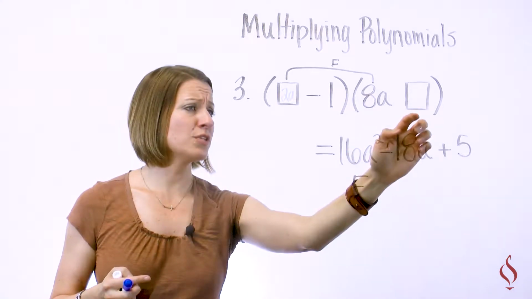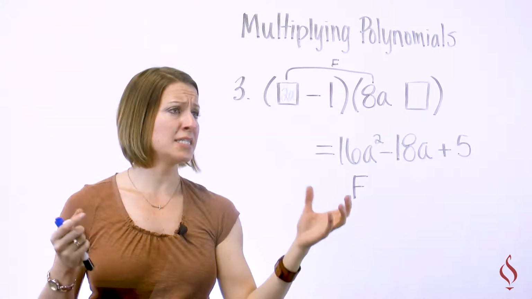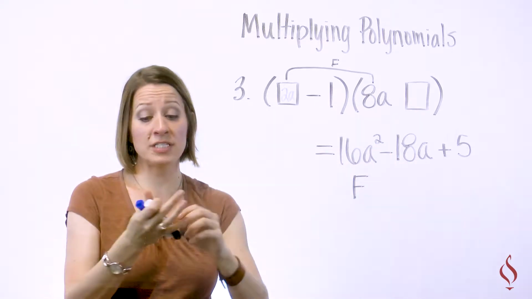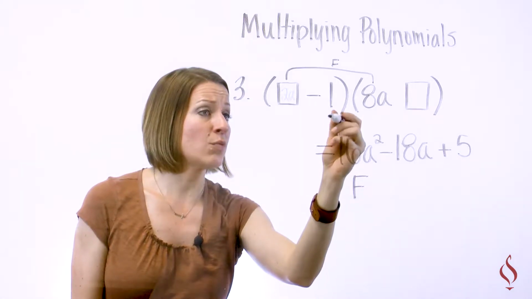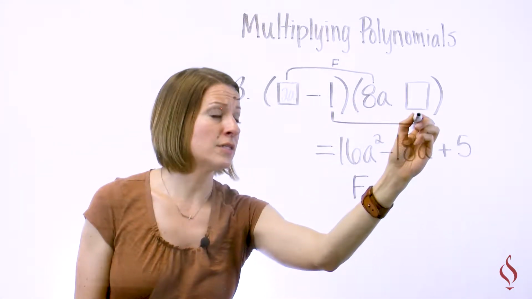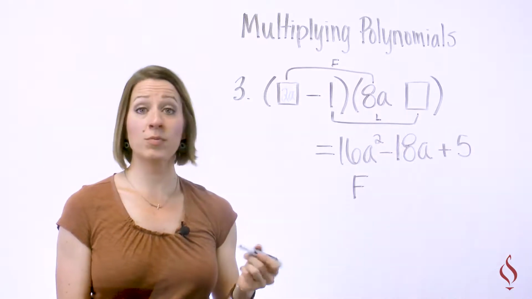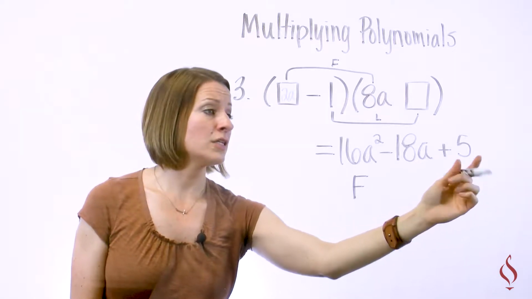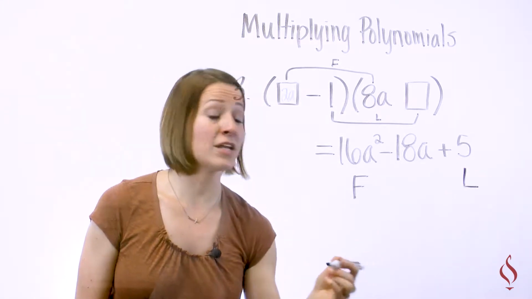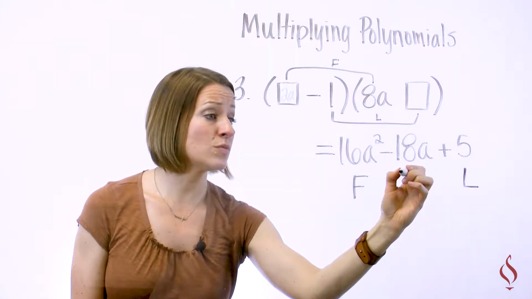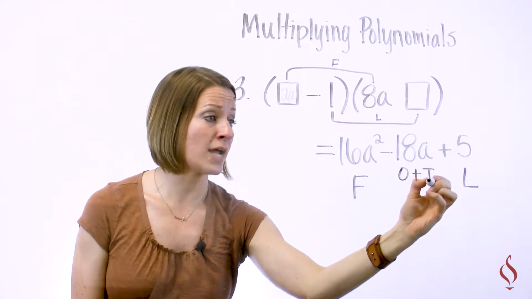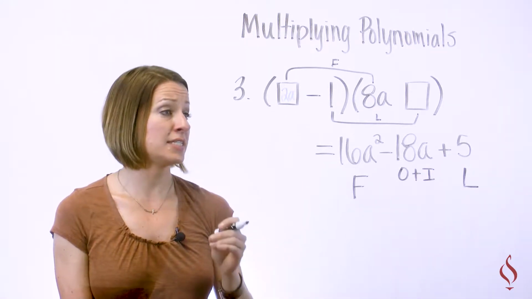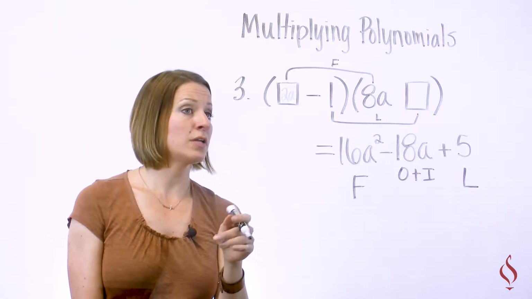Next, notice the location of the last box. It's in the end of the second binomial, which is what we actually called last in our FOIL. We would multiply those two together to come up with our last answer. So it's already a negative 1. And our last down here, and I know this is last because this middle one is usually always a combination of O and I. So we're not even going to touch the negative 18a, not this time around. If we already have the